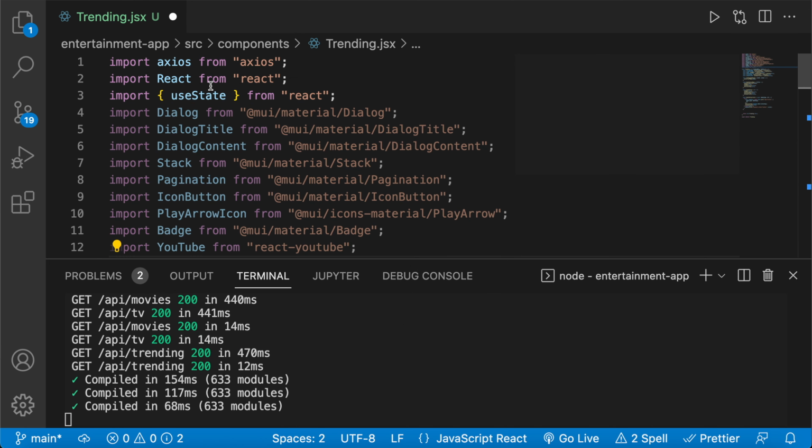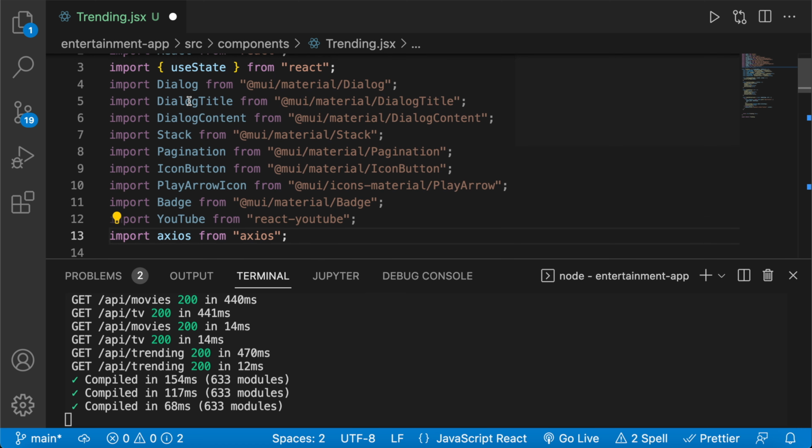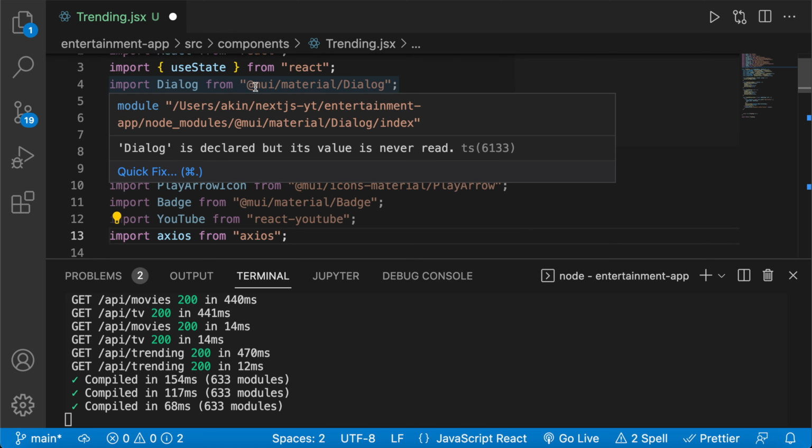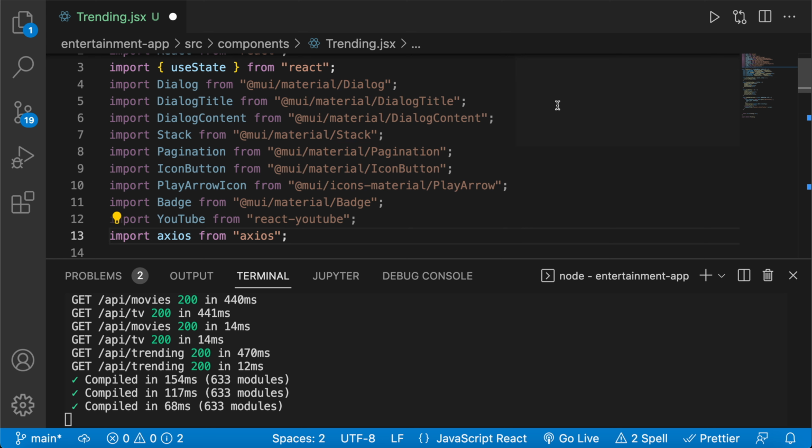So within trending, we're going to be using Axios, React, and useState, and then I need you guys to import something called Dialog from Material UI. Since you already have Material UI installed within your project, you can just say